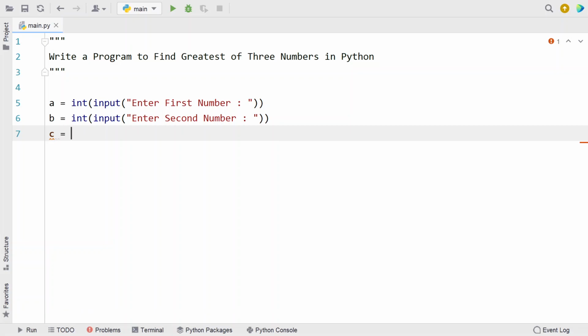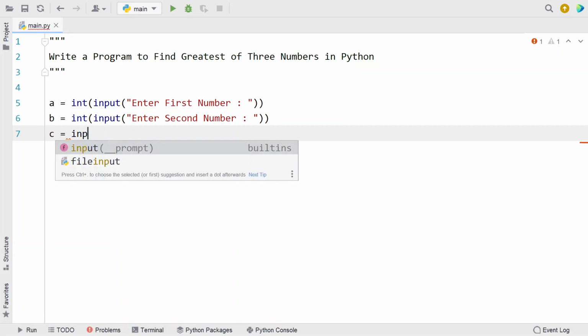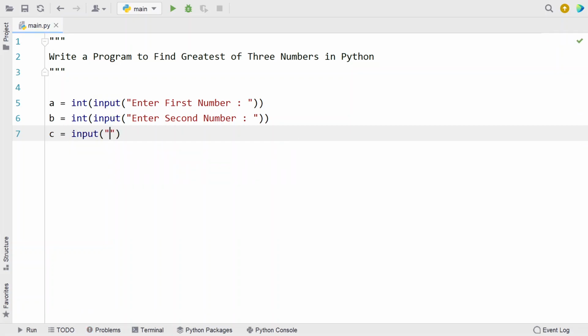Once we get the first and second number, let's take the third variable c equals to, let's use the input function again and ask a user to enter the third number. Again convert this to an integer